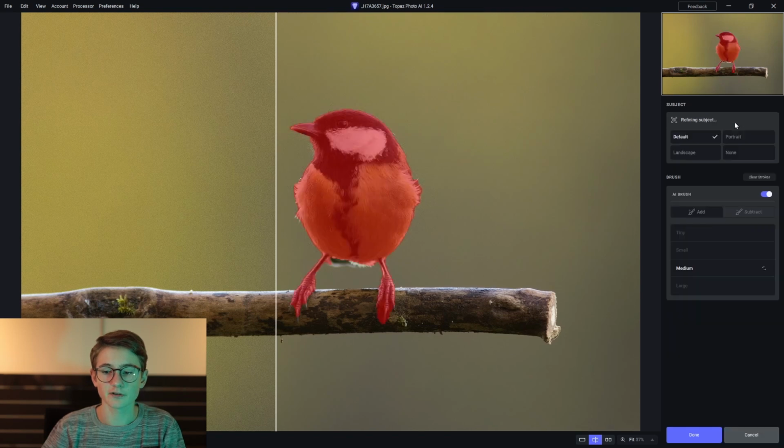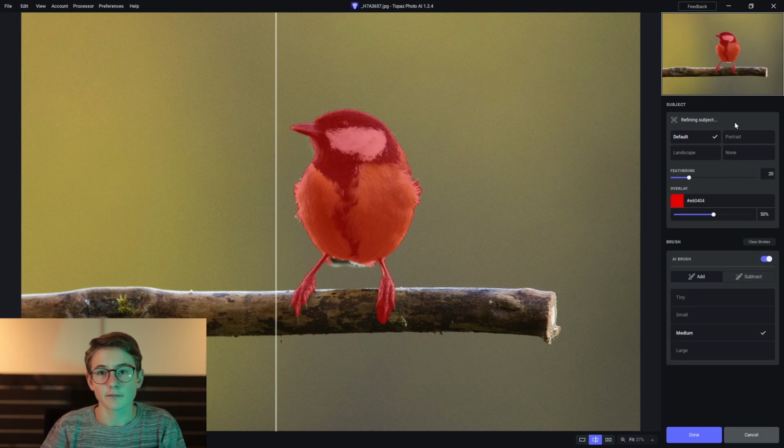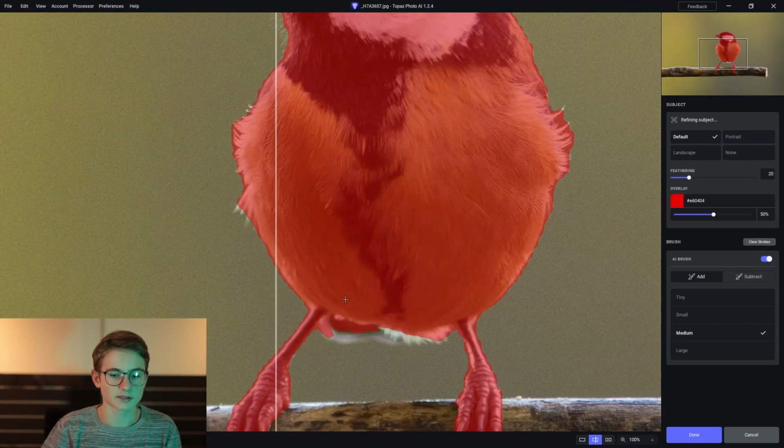So when I click on refine, you have some options. You can toggle your brush size here, so medium, small, tiny and large. I would choose medium or small, the other ones do not make much sense. And you do not really have a brush here, because you can see I have this little area here, and if I click on that, you can see, I can zoom in a bit,